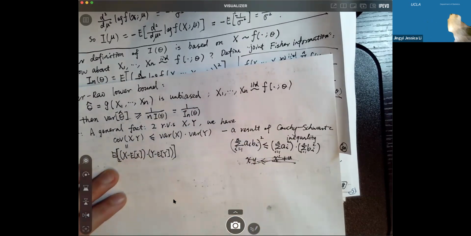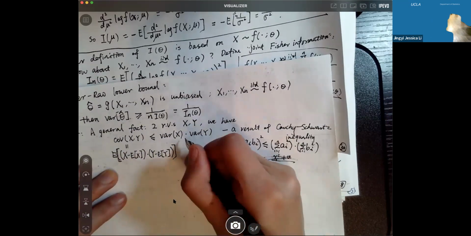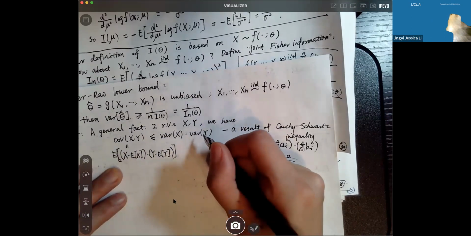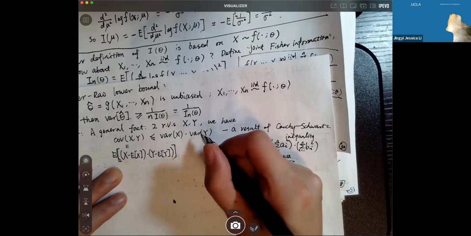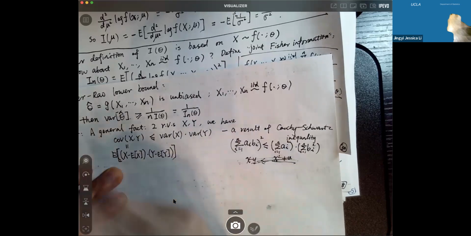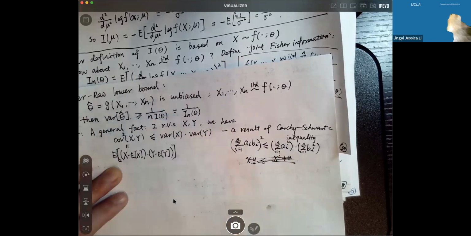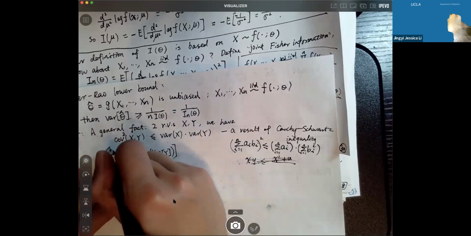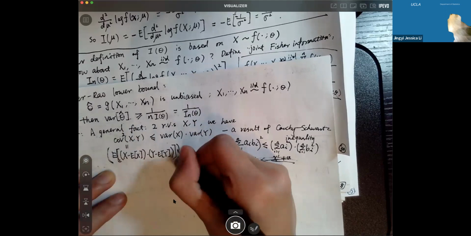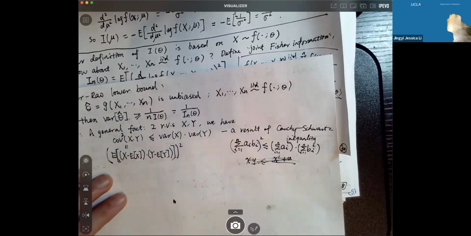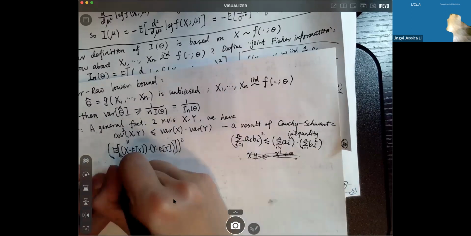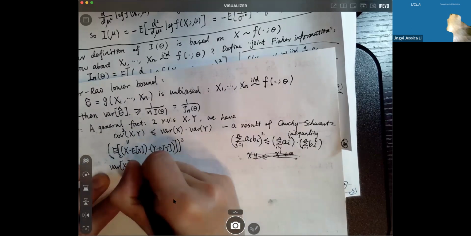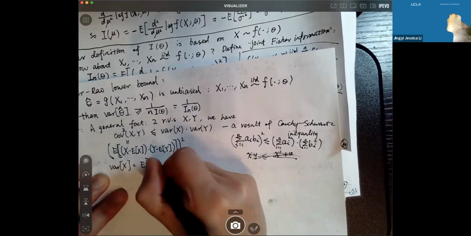Okay, that's it. And on the right-hand side, we have the, okay, I think I missed one thing, sorry. It should be square, my bad. It should be the square of the covariance. Yeah, that makes sense. So then it should be this square. That's the left-hand side. And then variance of x, we know it's defined as expectation of,